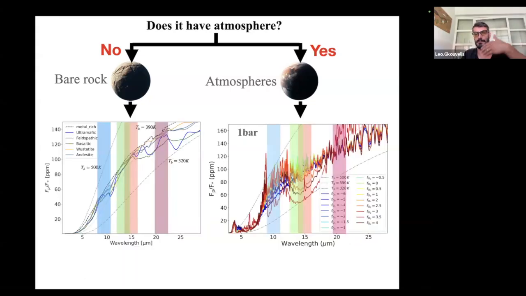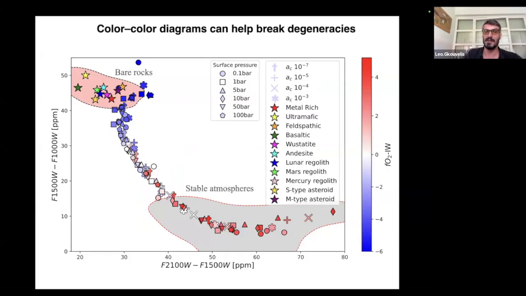Of course, you can play this game. You can start adding photometric bands. There were some recent works that tried with 2 photometric bands. And long story short, even with 2 photometric bands, you cannot solve this degeneracy. In this work that we published, we predict that if you use 3 photometric bands and create what astronomers call a color diagram, you can actually distinguish between the 2 regimes.